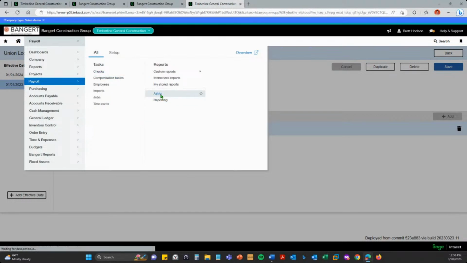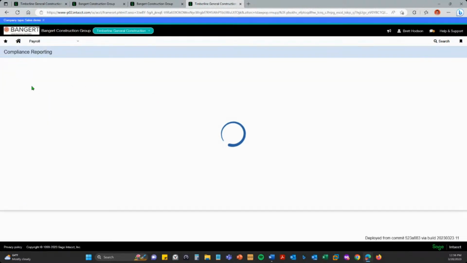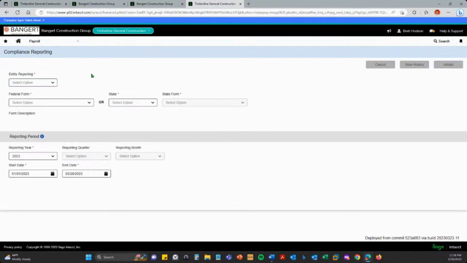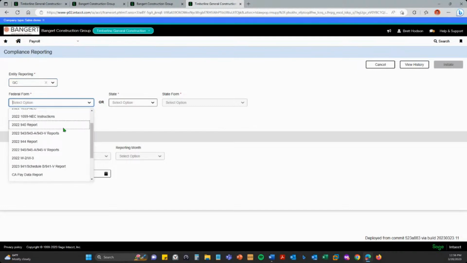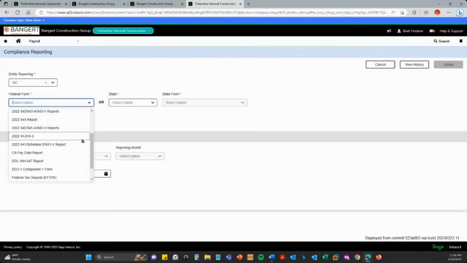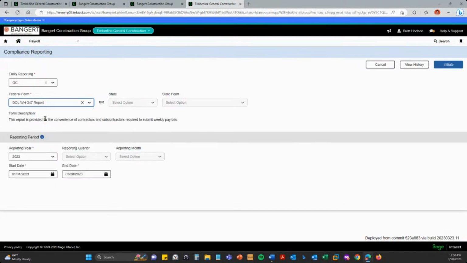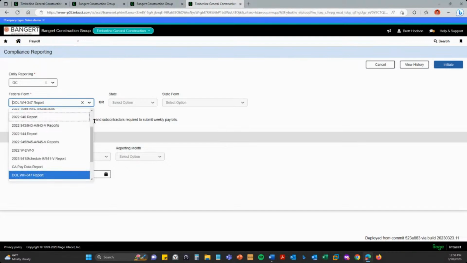When it comes to reporting, Sage has decided to go ahead and use Atrix as the reporting engine. So the reports that you would expect to see are in here. So, your Department of Labor certified wage report, that's certainly in here.